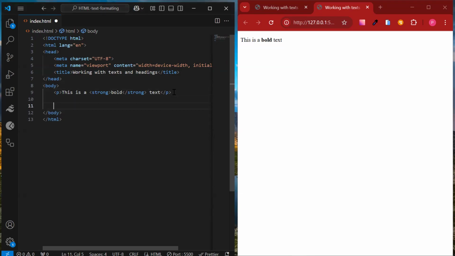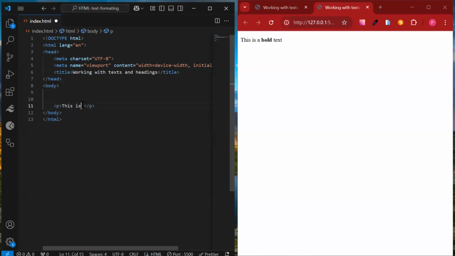Let's go down. And we can also have a paragraph that probably says this. Before I forget, the EM is used to make the text italic. You know, it also adds emphasis, but the way it is displayed, it will display it in an italic kind of look. So if we just want to display that, we can first get rid of the first one, and then